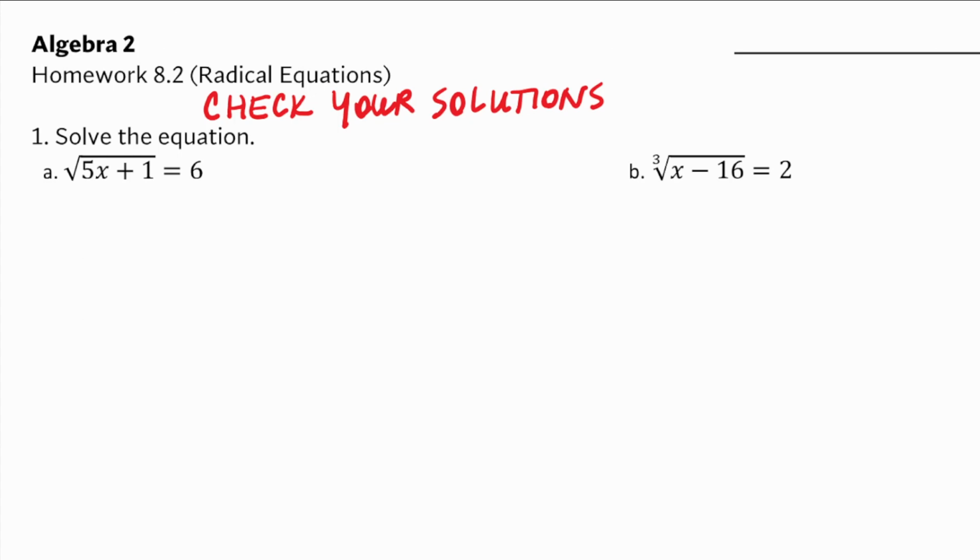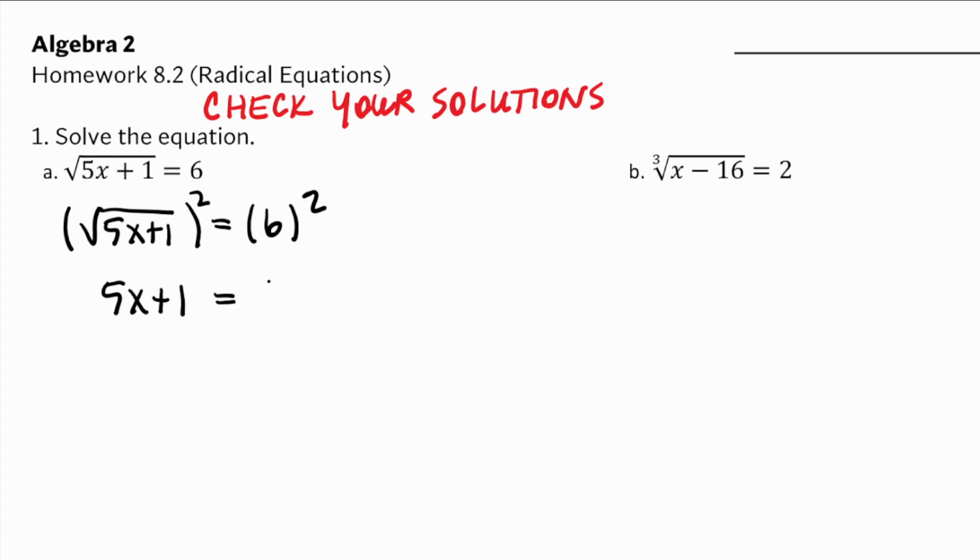The first one, I've got square root of 5x plus 1 equals 6. I'm trying to access x. That square root is in the way, so I'm going to square both sides. So the square root of 5x plus 1 squared equals 6 squared. I'm not going to show that every time. I might just say I'm going to square both sides and then get rid of the square root, but I just want to remind you, okay, that's going to be 5x plus 1 to the first power